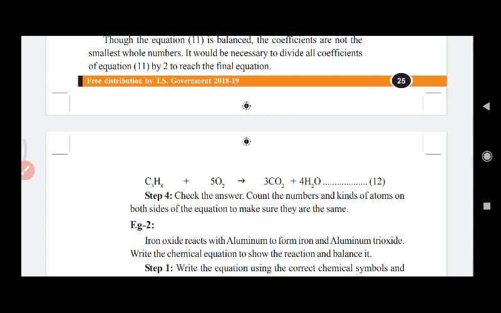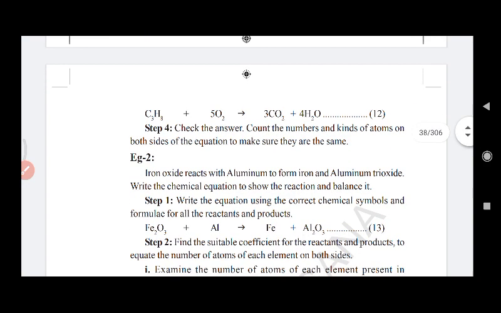So in step 4 we have to check the number of atoms of each element on both sides of the given chemical equation. Okay, then we have to check it with the box again: element, left hand side, right hand side. So the first box in step 2 and the last box will be different. In step 2 the box shows the unbalanced atoms of each element on both sides, but in step 4 the box shows the atoms of each element with the same number on the left hand side and right hand side. Okay, that box gives the confirmation that the given equation is balanced. That is the change we have to make in step 4.